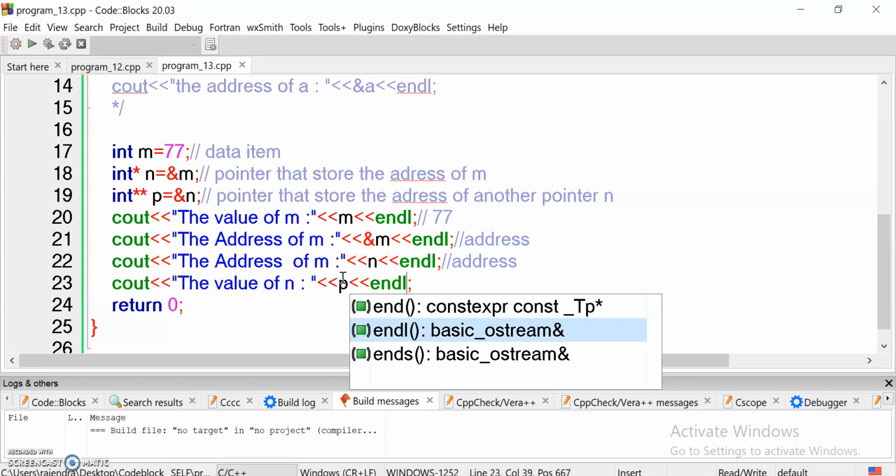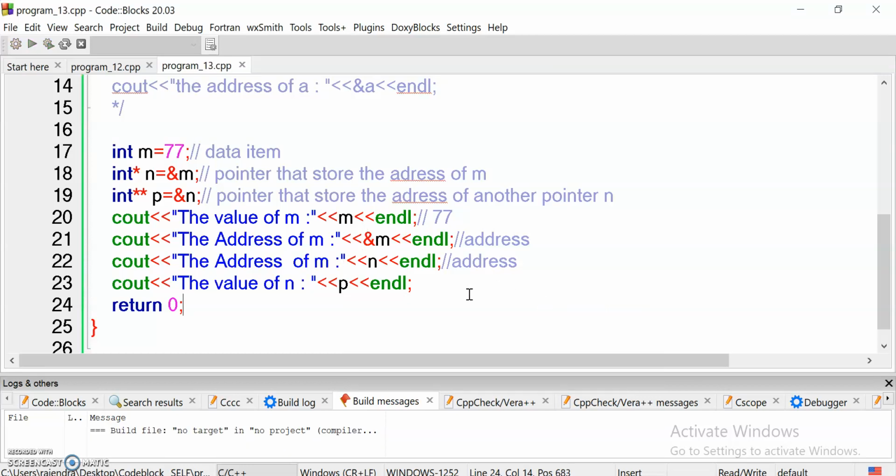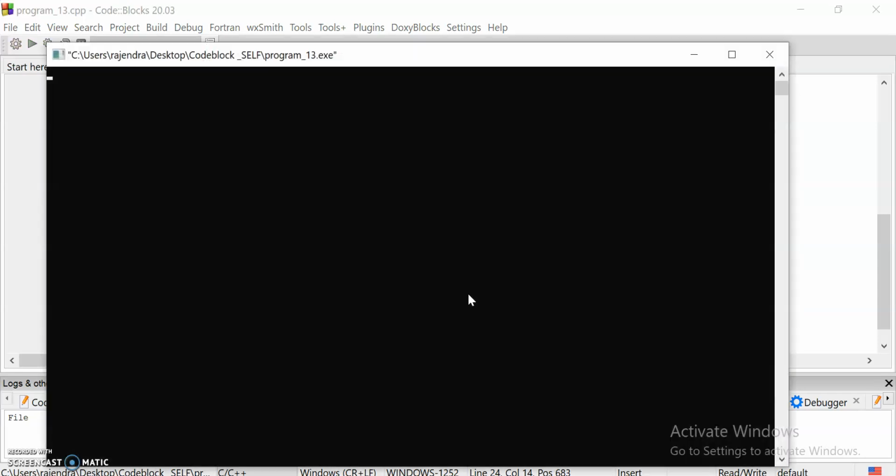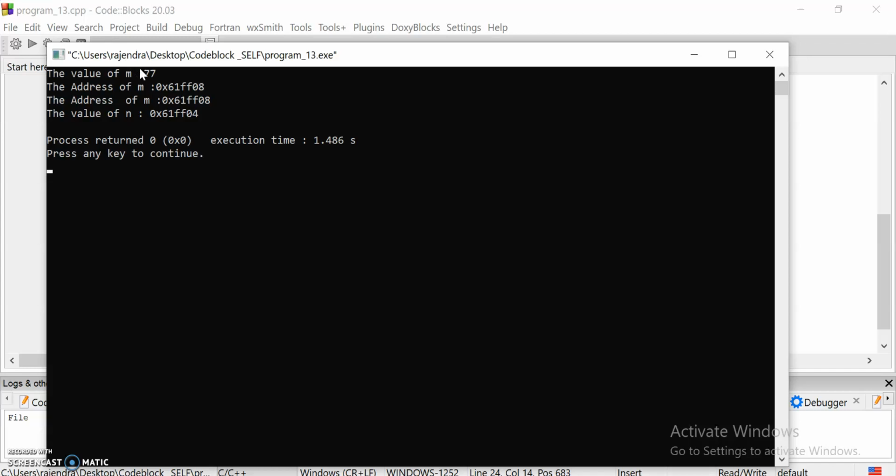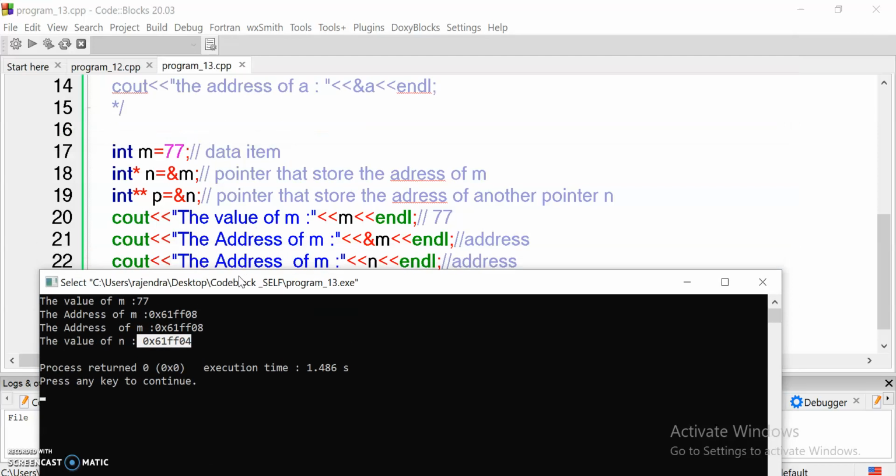So see what is happening here. Zero errors. The value of m is 77. The address of m is this and this, both are the same, and the value of n is this. What does it give me?